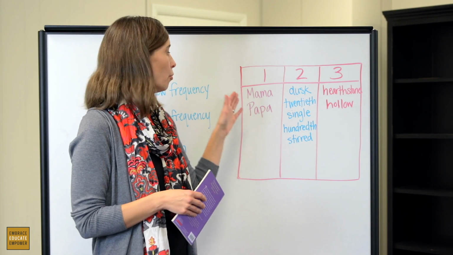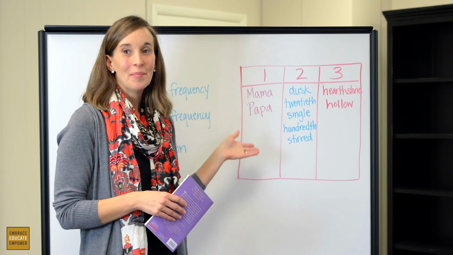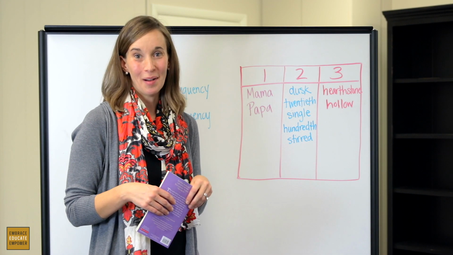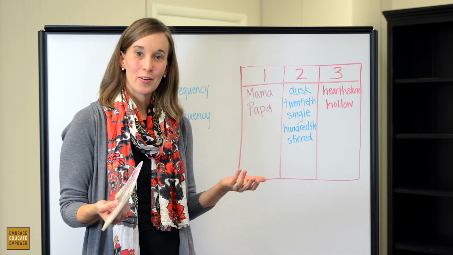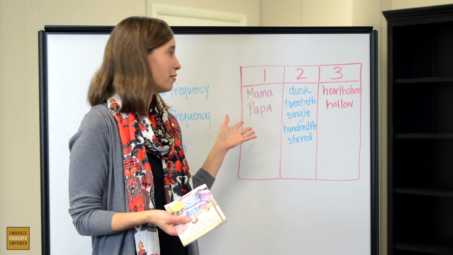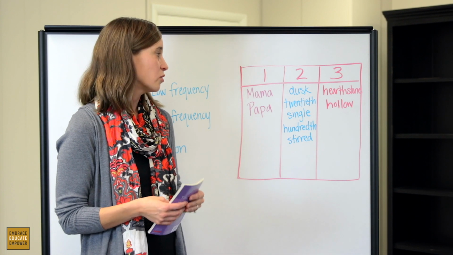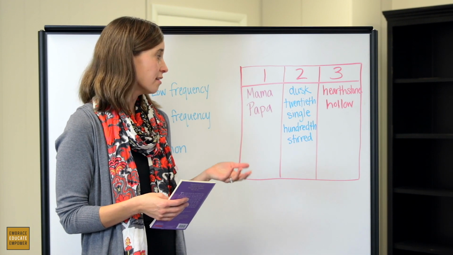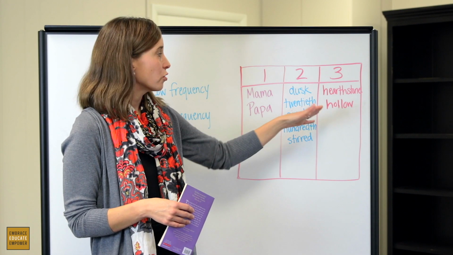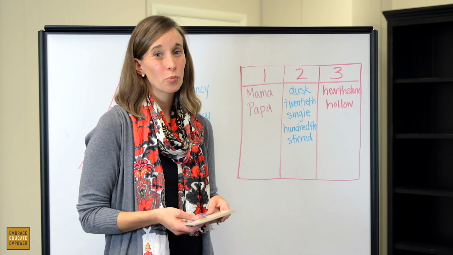As I read this passage, I found many words that I thought might be challenging for my students. I put Mama and Papa in column 1 because of words like Pa and Ma. There are many names for mothers and fathers, and we need to clarify these for children that might not be familiar with these terms. In Tier 2, I identified these words: dusk, 20th, single, 100th, and stirred. And in Tier 3, I put hearthstone and hollow, because those are words that my 3rd graders probably have not